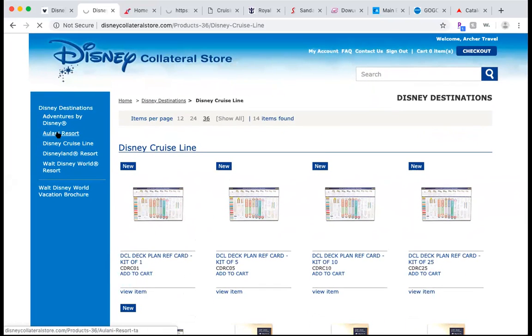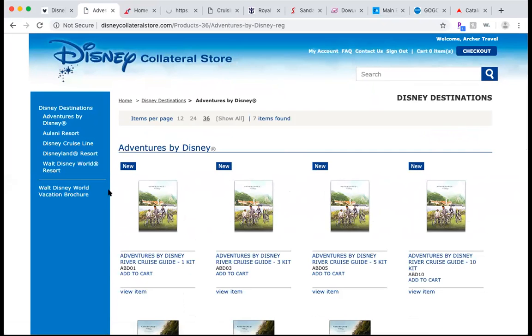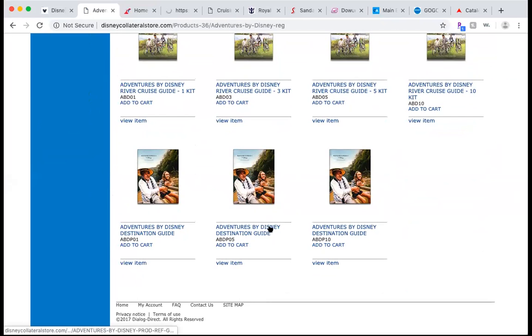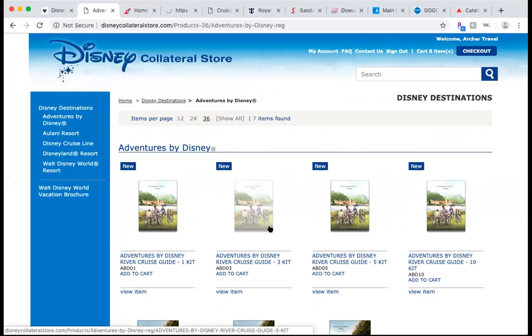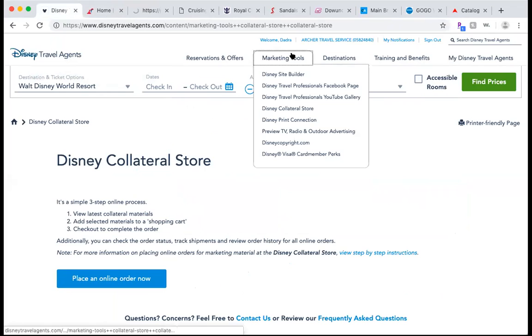Aulani Resort has things as well. Okay, well, right now Aulani doesn't, so they may be changing. Adventures by Disney, not sure what they have. So here they have a river cruise guide, then they have a destination guide. So depending upon which particular property you're interested in, you can go in, of course, and select and place an order. And when you place your order, as we mentioned before, always make sure that the ship to address is your personal address. So now I'm going to come back to the main Disney website, and we're going to click